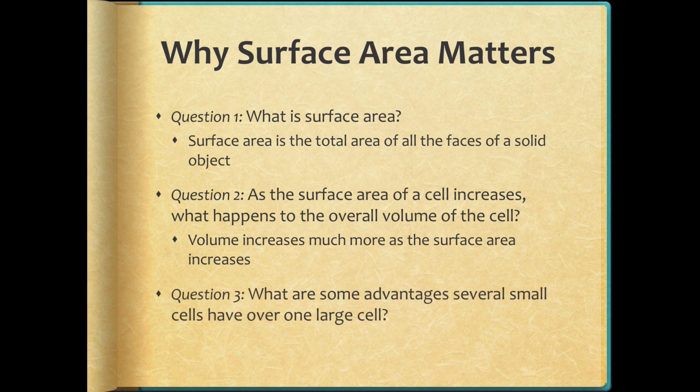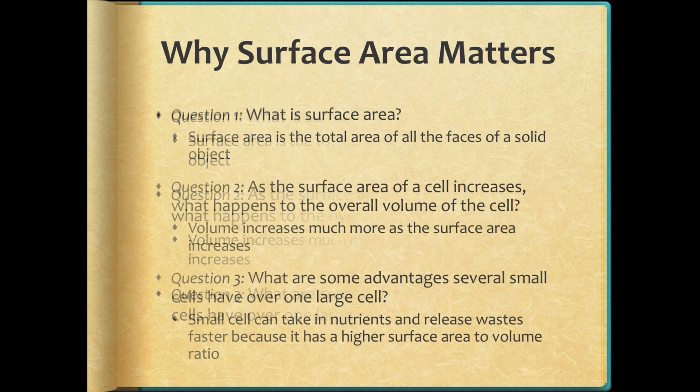Question number 3. What are some advantages several small cells have over one large cell? Remember, God designed cells to be small. So small cells can take in nutrients and release waste faster because it has a higher surface area to volume ratio. So the surface area, the outside, is larger than the volume, or what's on the inside. So it's able to get the nutrients and release the waste much faster,